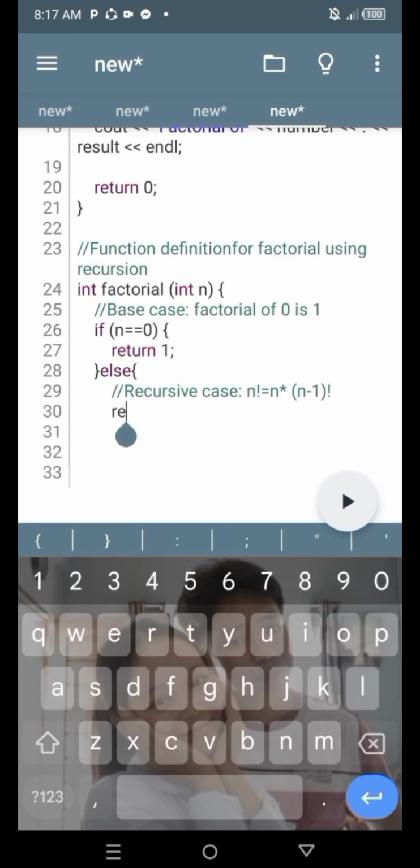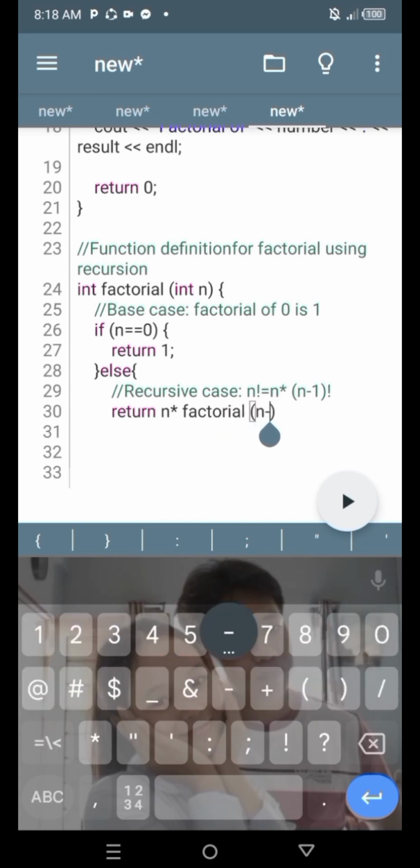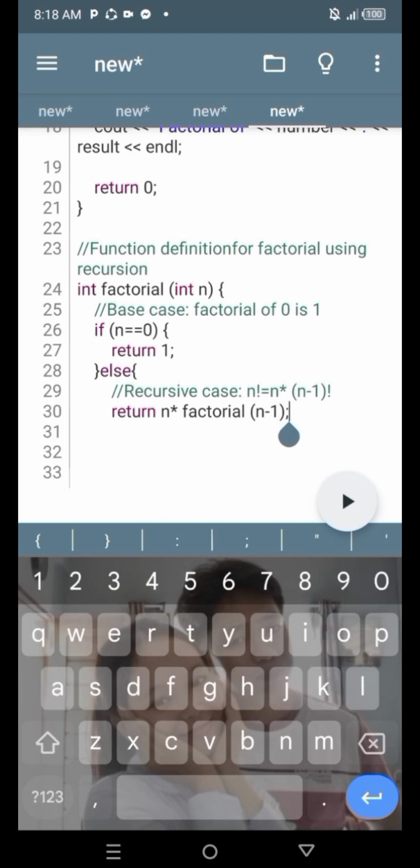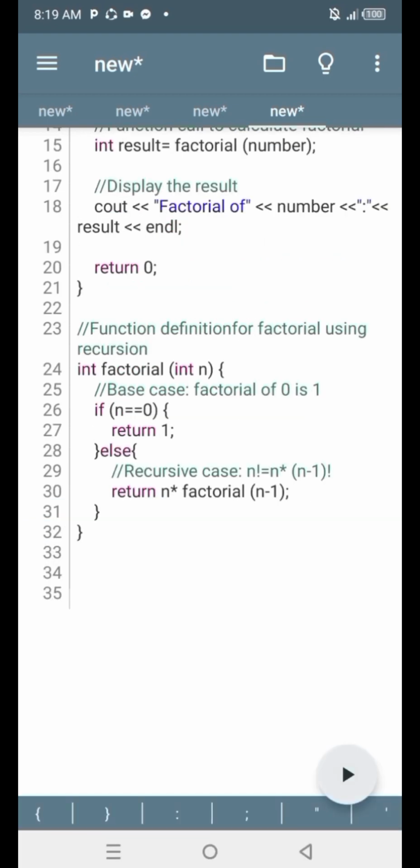Recursion, in this example, simplifies the computation of factorial by breaking it down into smaller subproblems. Each recursive call handles a smaller part of the problem until reaching the